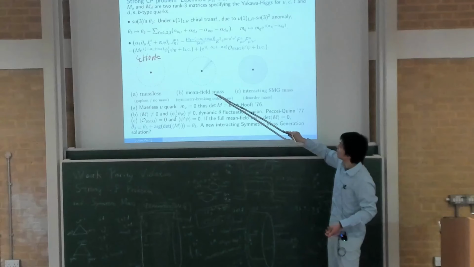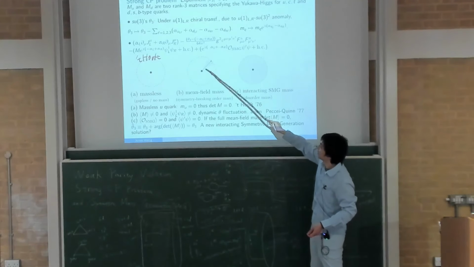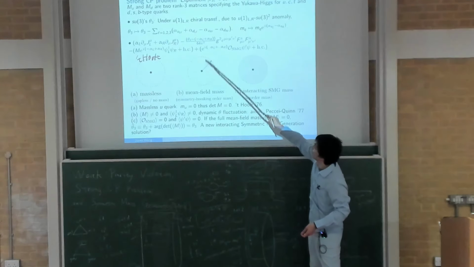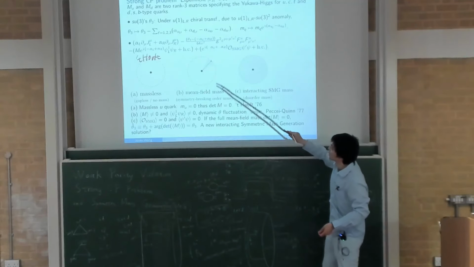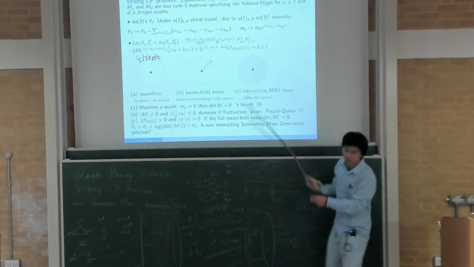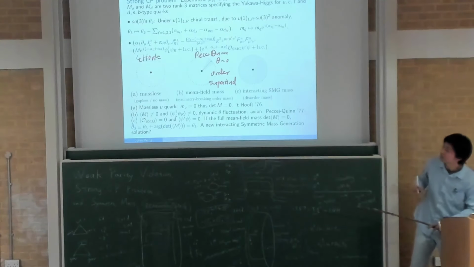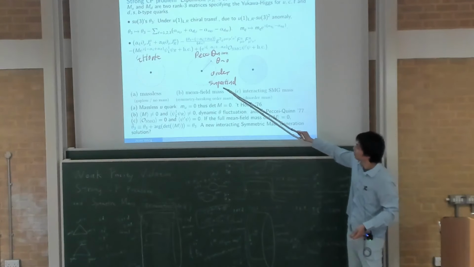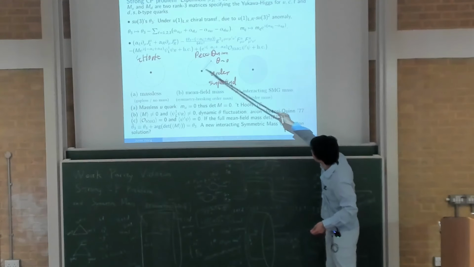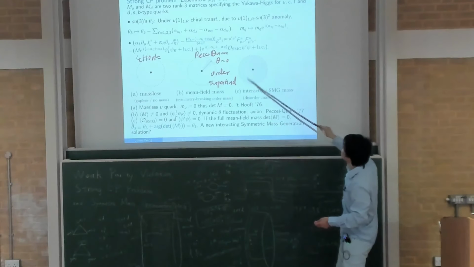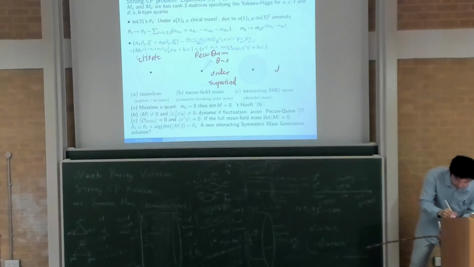Okay, another solution might be thinking that we do have a mass, but perhaps there is some potential such that theta becomes dynamical and relaxes to close to 0. And this is the Peccei-Quinn solution, which I will call similar to the superfluid phase. I earlier said it's an ordered phase, mean field, and superfluid. Now for condensed matter, we know there's an ordered phase, then you can disorder this mass or disorder this phase to a random one, and it will be a disordered field. So this will be a disordered insulator phase.